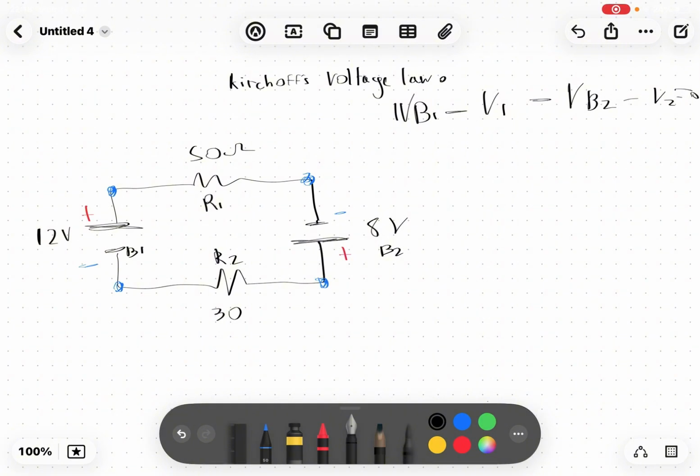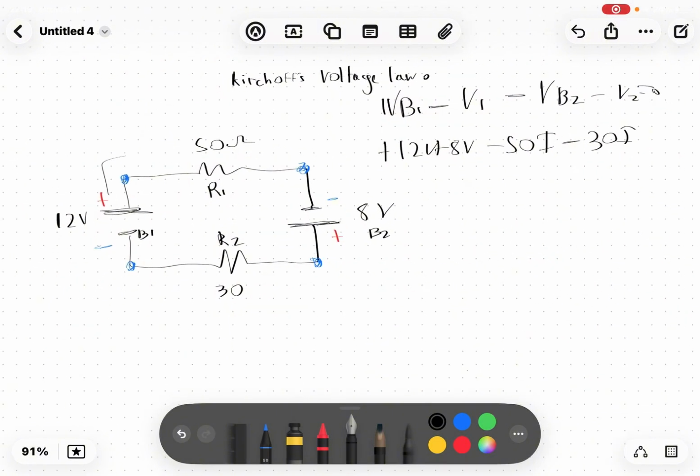So let's plug the numbers in now. So positive 12, and take away, oh no, I'm sorry, plus 8V, take away 50, well, we can just put it as I because we're going to do the current later, because voltage equals resistance times I. Take away 30I. So let's just work out the current straight away so we don't get lost. So the current is, add these two, 30, 80, and then add these two, 20,